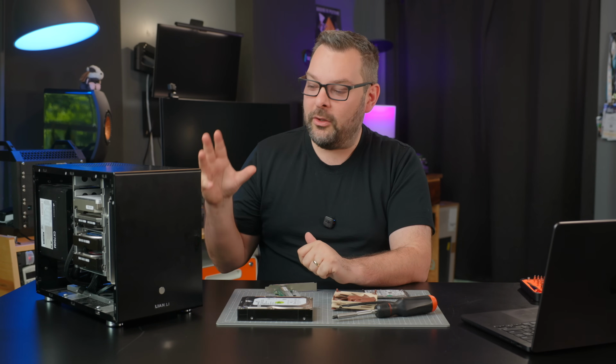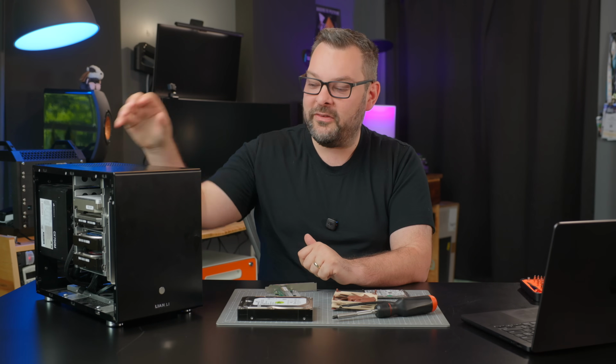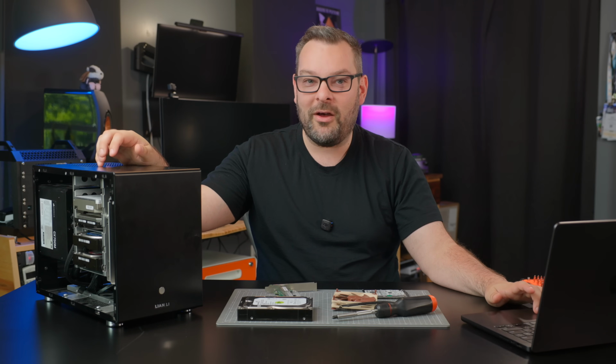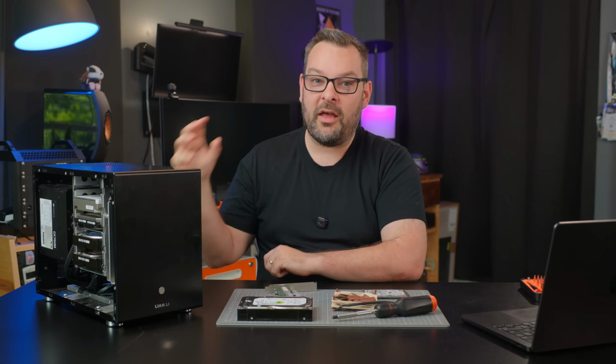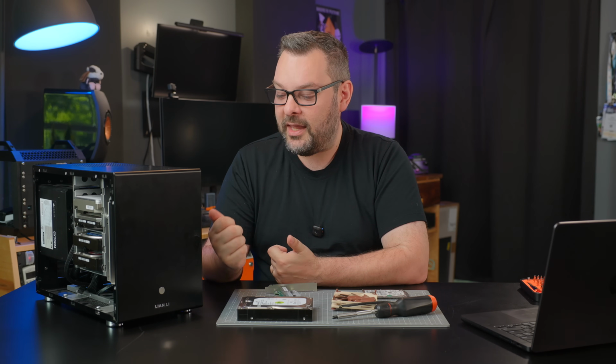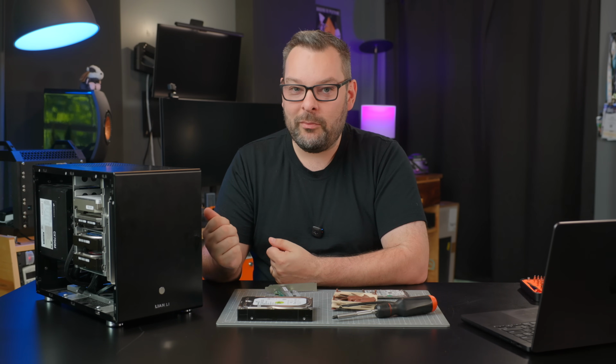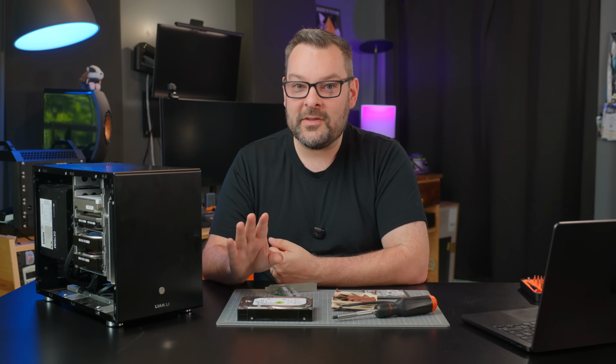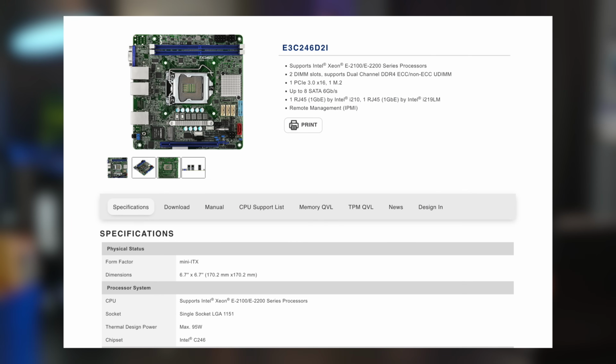I'm deliberately not going to get too much into the hardware that's in front of me today, but I will tell you what the specs are. The specs of this system are very modest, honestly. It's an i5-8500 CPU with 32 gigs of DDR4 memory. There is in here a motherboard which is a little bit more fancy than I honestly need, but I've had this motherboard in my possession now for several years, and I bought it in the before times, so it was much cheaper. But this is the ASRock Rack